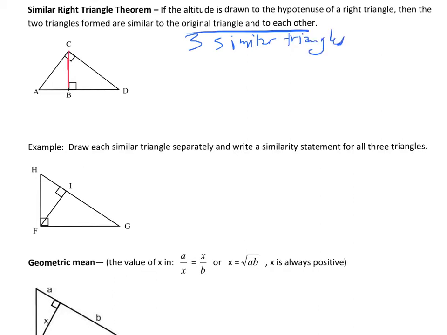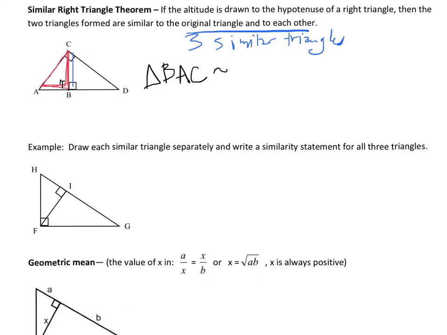So for this one, if we're going to write a similarity statement, let's say I'll start with this little triangle here on the left. The key thing is you have to be consistent in how you write it. So I'm always going to start with the right angle, do the short side, and then the long side. So I'm going to say triangle B, go over to A, C, is similar